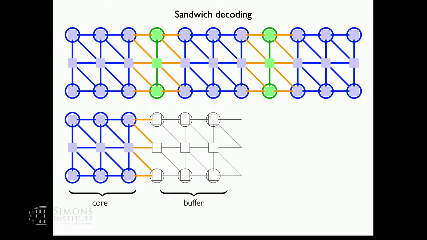And for the buffers, we have this core region and buffer region. The inner decoder will work on the core and buffer together, and it will also be able to read what's going on in the buffer, like the defects information, but it will only assign corrections, and retain corrections most importantly, on the blue and yellow edges.